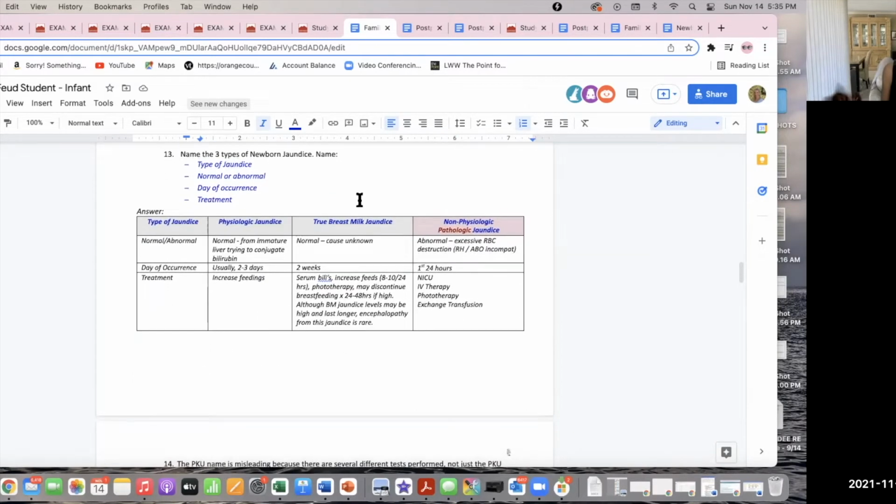Name the 3 types of newborn jaundice. Type of jaundice, is it abnormal or normal? Day of occurrence and treatment. So then I have this little chart here for you. Okay, this chart will really help you identify the type. By the timing of jaundice is going to tell you what's causing it, what type of jaundice it is and what's causing it, which in turn is going to tell you what